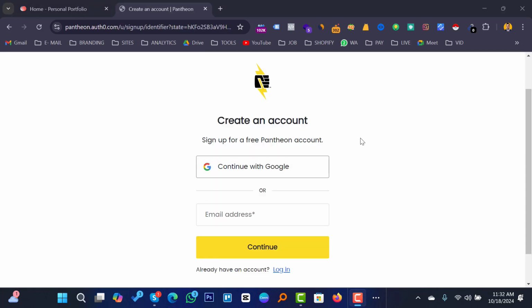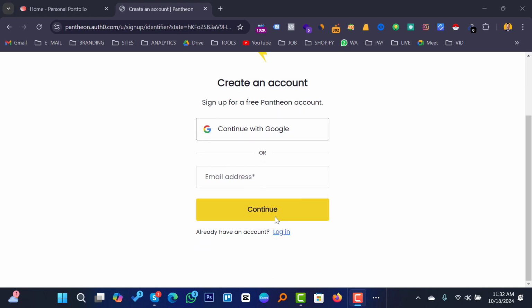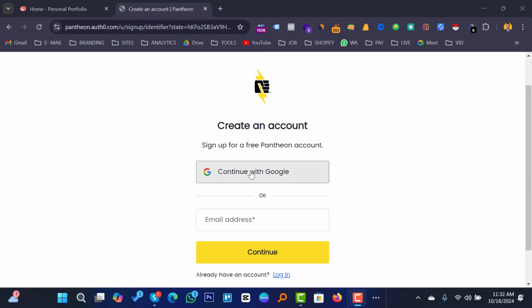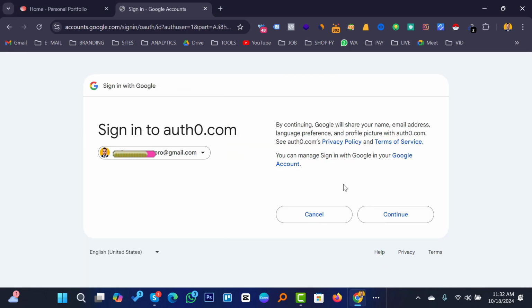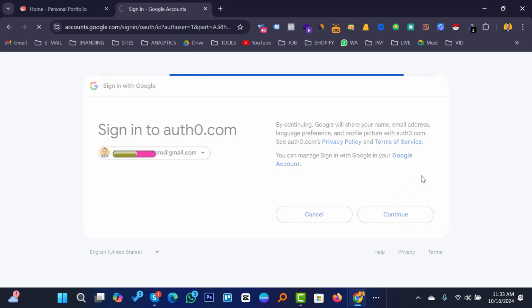And you will see the option to create an account and sign up for a free Pantheon account. Yes, this is very important to start. So here you can start with your Google account. Also, if you want, you can put in your email address, then you can continue. So I want to continue with Google, and I want to select one of my email addresses here. So I click here, and then you will see the option to continue. I click here,